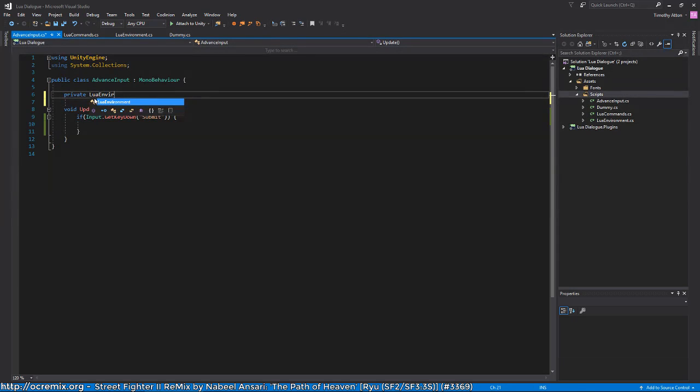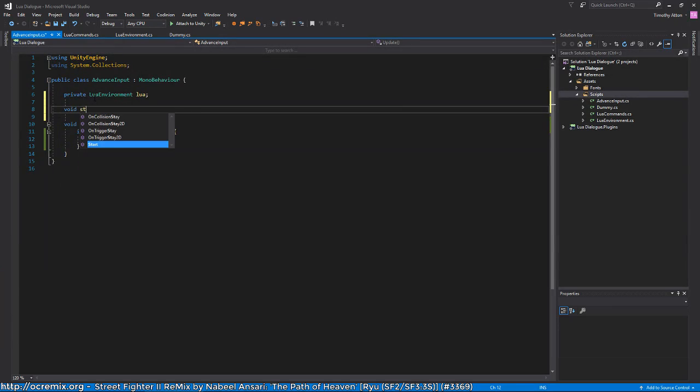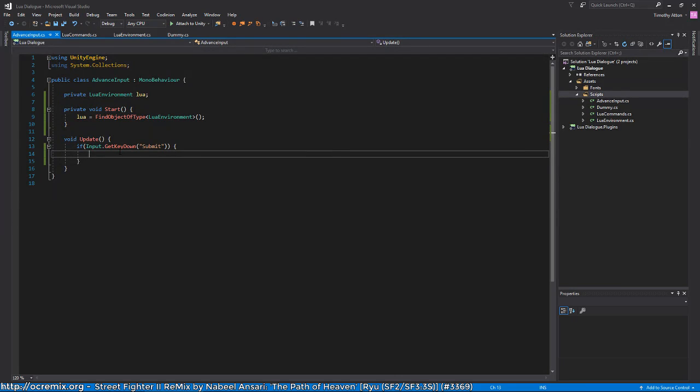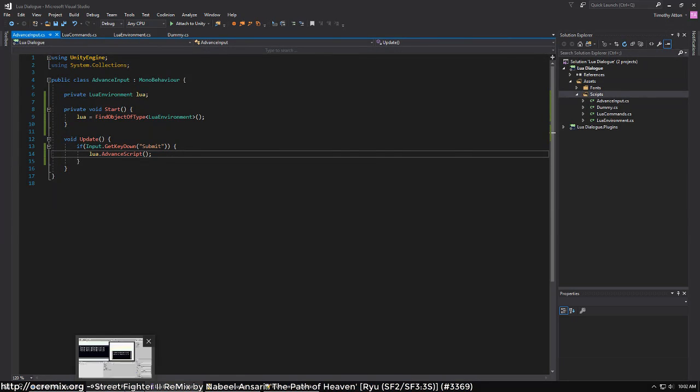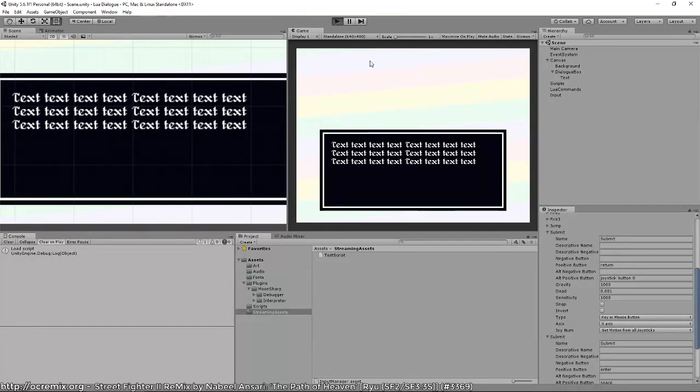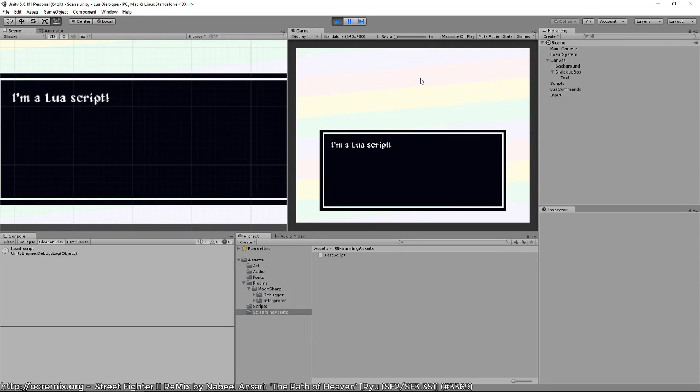So Lua environment. And then on the start, we'll get this class. So you can say find object of type Lua environment, and this will look in the Unity scene for the Lua object. And then we could just call Lua advanced script. Okay, and then if I press enter,